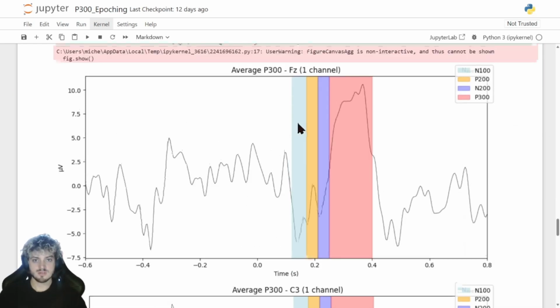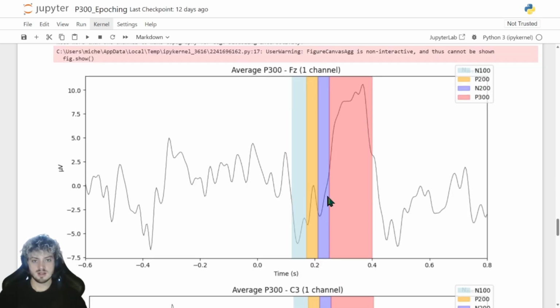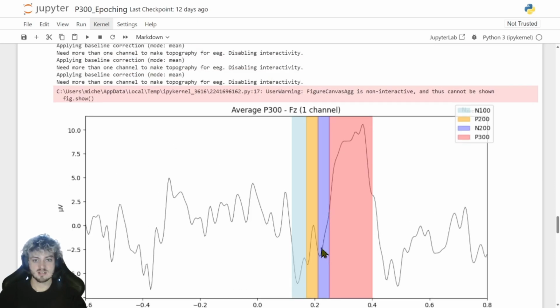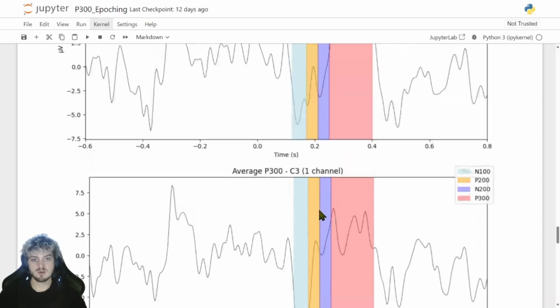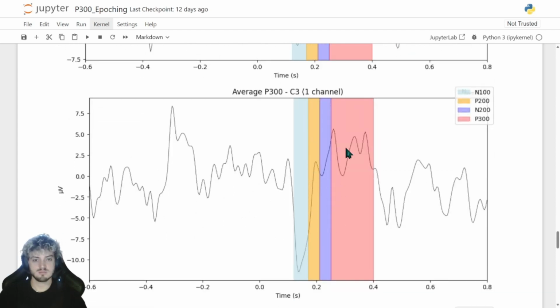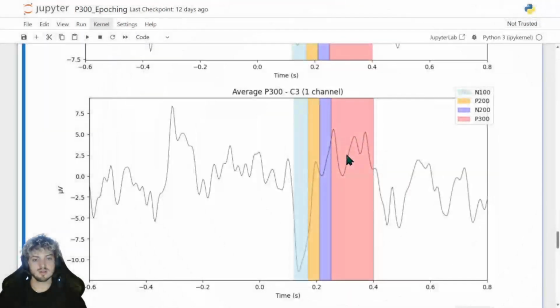So this is from the front channel. In this case, we also have a P300A and B. So there are 2 components of the P300 that are visible. And you can see a little N200 and a little P200. And it's not obvious that they're visible on each channel, because depending on the position on your head, the P300 and the other ERPs might be stronger or